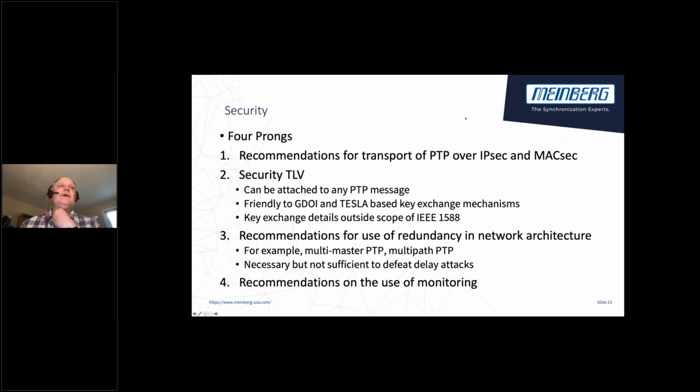Okay, security. In 2008, we had an experimental security mechanism, Annex K, that no one really implemented, and it was labeled experimental, and some security experts looked at it and said there's some flaws. So basically we scrapped it when 2019 came around. We started over, and we had two things. One is we had a TLV we defined called the authentication TLV, which I'll get to in a minute, and we had